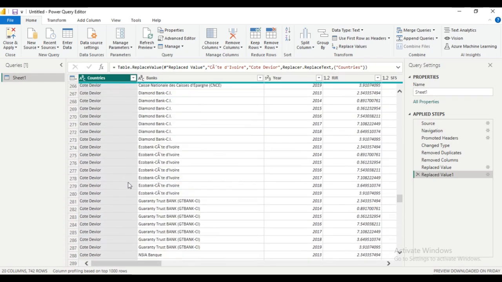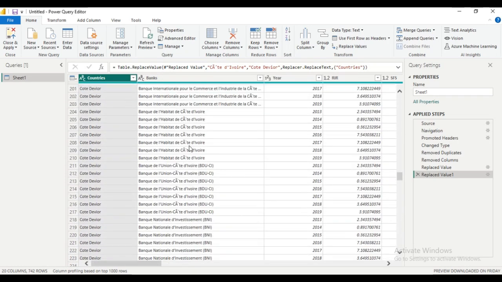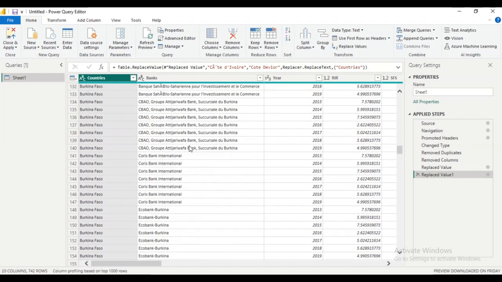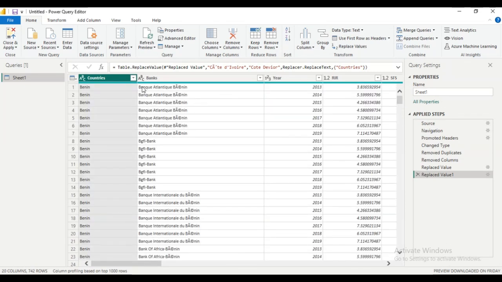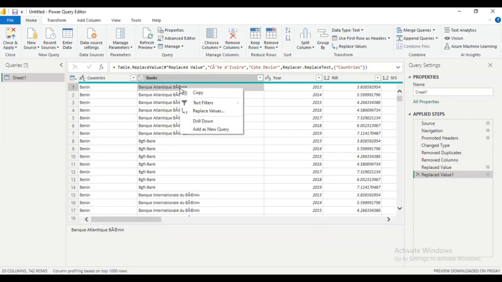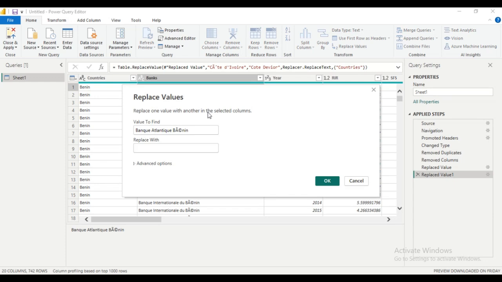Now let's check that for the banks. For example, we have a bank issue here. Let's scroll up. Okay, Bank Atlantic Benin. I right click this. I right click it and I click replace values again. Okay, you can see this one. Now I can simply copy this, right click, highlight it, click here, copy, come here, paste,